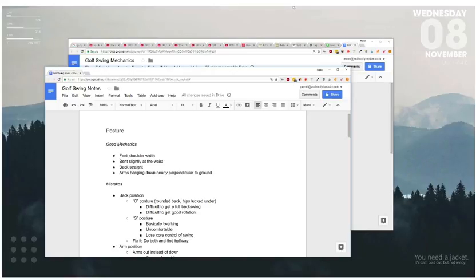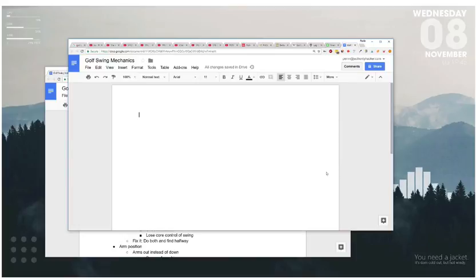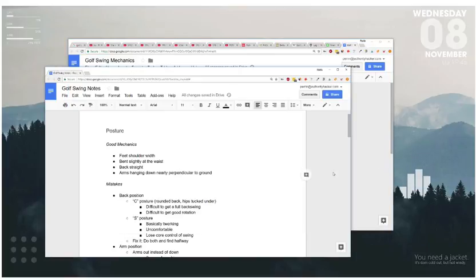It's going to look a little bit different on my screen, and that's usually because I like to switch back and forth between my notes and my article when I'm writing. I still have all my sources up here. While I was doing research, the way I wanted to structure this first was to go through the basics of a golf swing and then list mistakes in a separate section. What I ended up doing instead was,